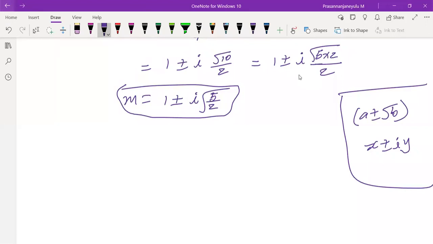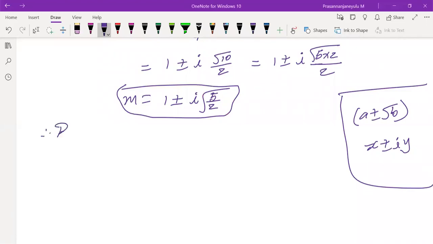Real numbers include root of 5 by 2 as well. Yes or no? Square root of 5 by 2 is also a real number. So forget about the special case you got here. We cannot find the root of 5 by 2 exactly, but in that case you are not supposed to consider it a surd, because you already have i. If you have i, you must consider it a complex number only. So the roots are complex roots.